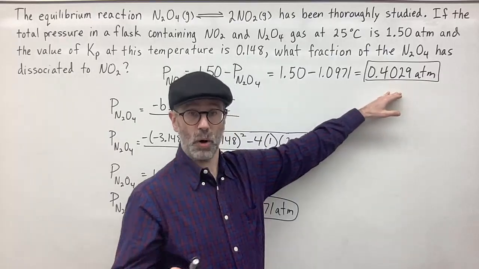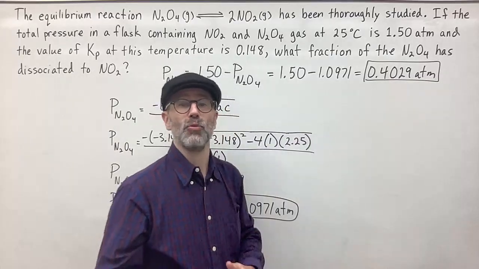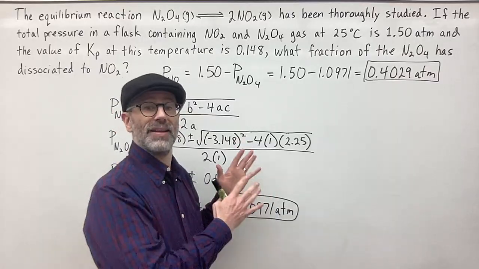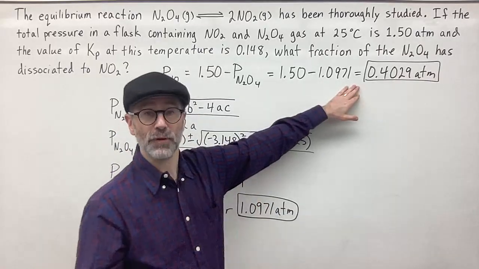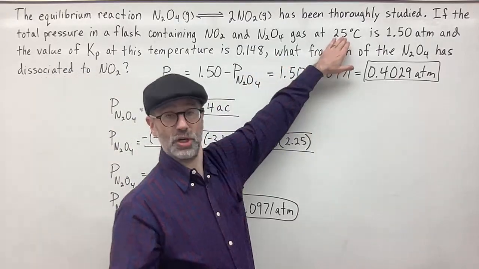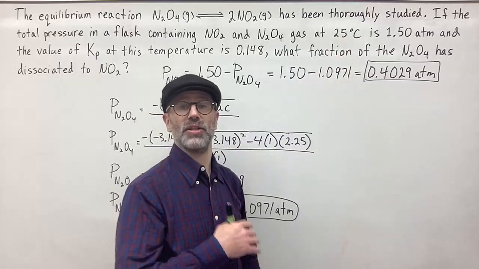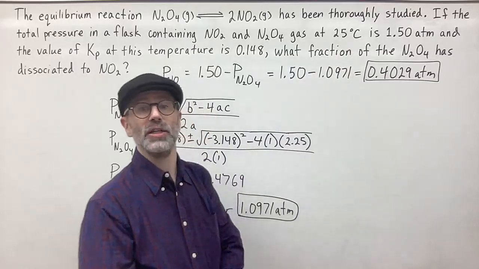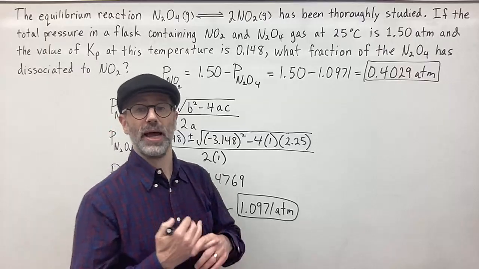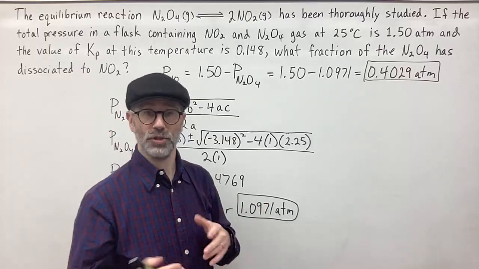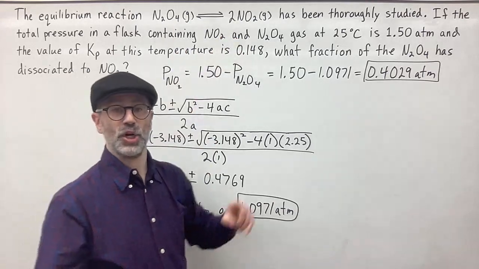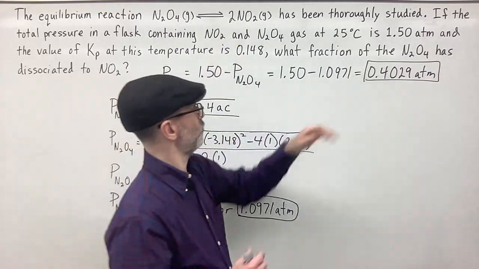Well, what was the pressure of the original amount of N2O4 that this amount of NO2 came from? Well, if the mole ratio, again, we're under the same conditions, the same temperature, same volume, right? Then we know that moles and pressure are proportional to each other. So if the mole ratio is 2 to 1, then the pressure ratio is 2 to 1, which means that